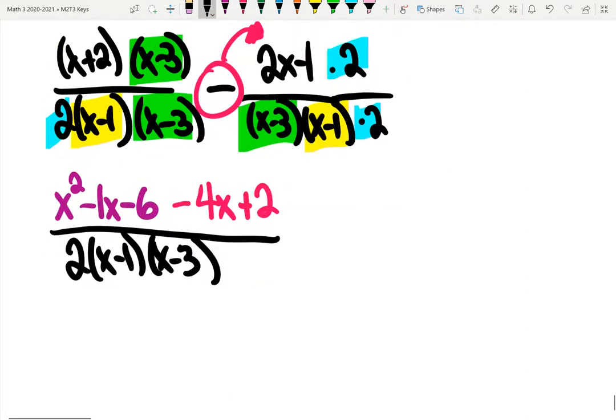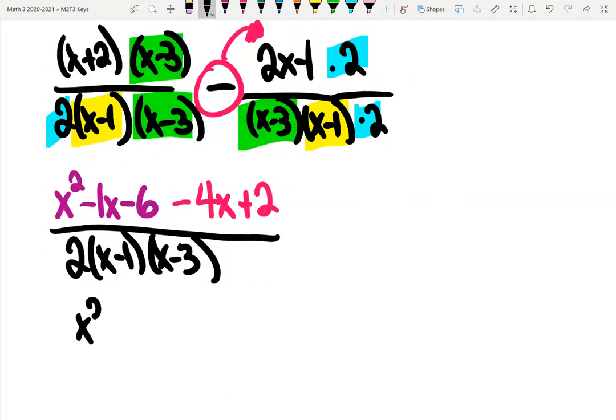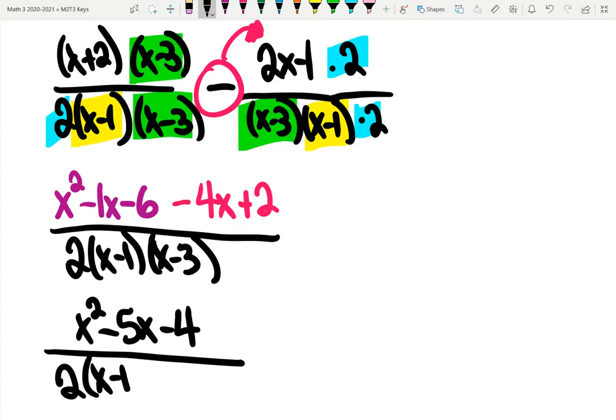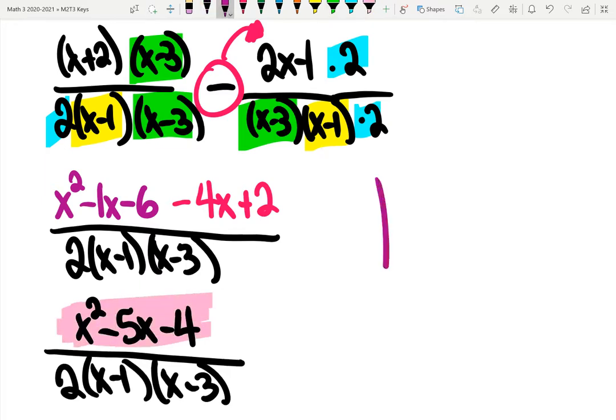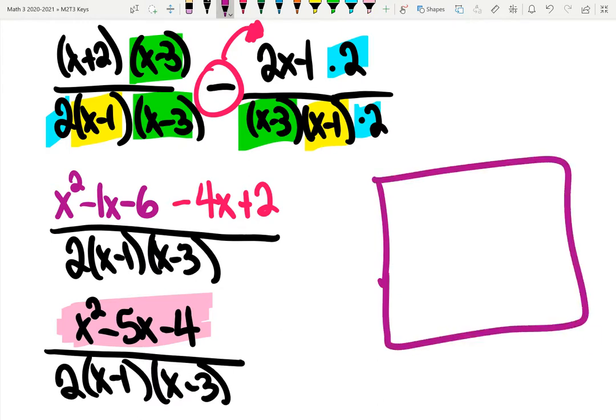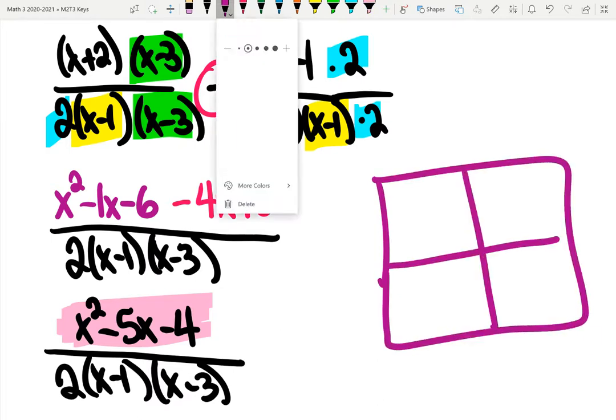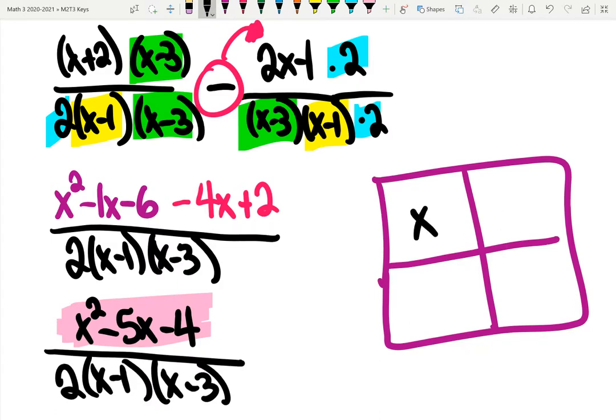Let's go ahead and combine this guy. x squared is going to be left, minus 5x minus 4. This is going to turn to be 2x minus 1 times x minus 3. And I actually see something really cool here. x squared minus 5x minus 4. This is why we combine the numerators together, because sometimes a new opportunity to factor emerges from all of the chaos. I see x squared, I see minus 4, and I can identify that if I pick these factors,